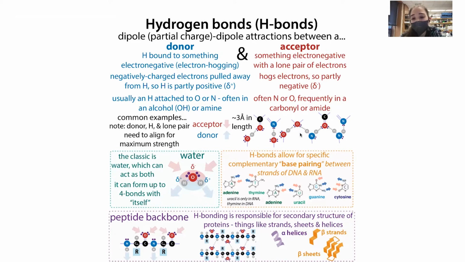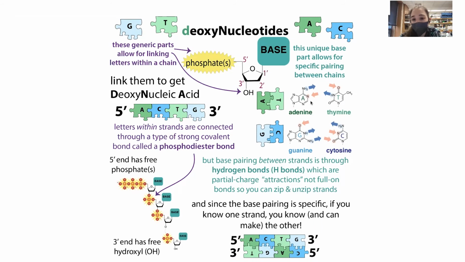Another thing about hydrogen bonding is it likes to have this linear relationship between the lone pair, the donor, and the hydrogen. And so this is going to be the strongest when they're like this, and this helps explain some of the structural concepts. So if we look at the bases, we can see with adenine and thymine, we have two